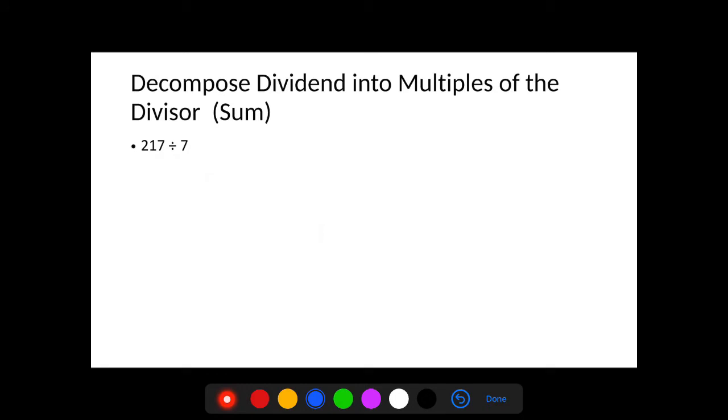Our next strategy is decomposing the dividend. The dividend is the first number when we write out the division, and the divisor is the second number. So I want to take the first number, the dividend, and break it into multiples of the divisor, parts that are divisible by 7 in